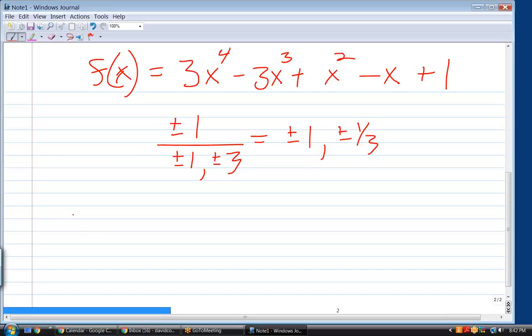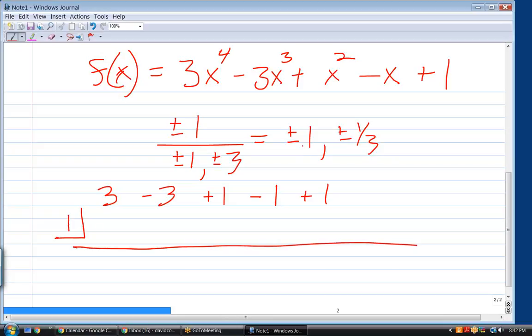The way I'm going to try them is by synthetic division. If I try one and it produces a 0 remainder, I will have found the factor. You with me? Let's try 1 since it's the easiest one to try. Then I'm going to try minus 1, then I'm going to try 1/3, and then I'm going to try minus